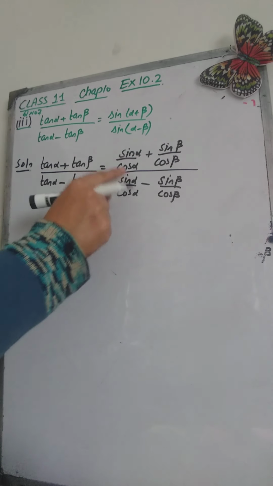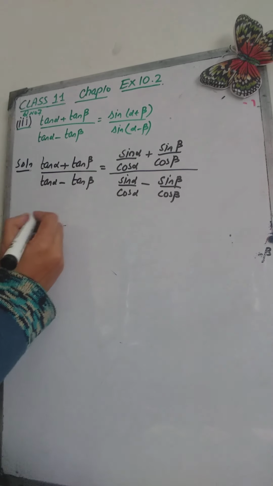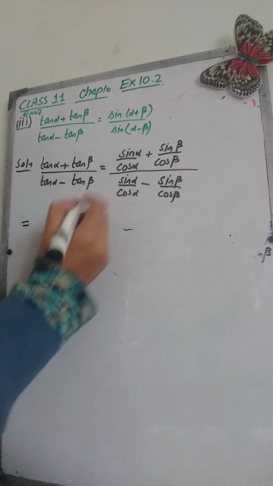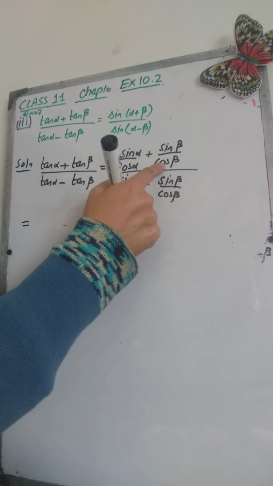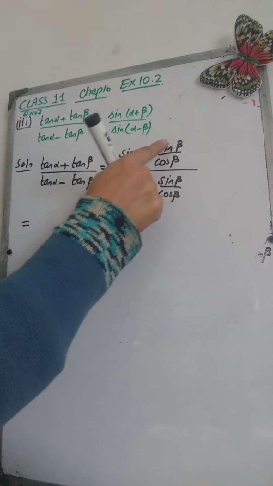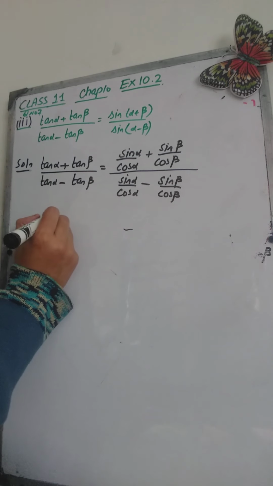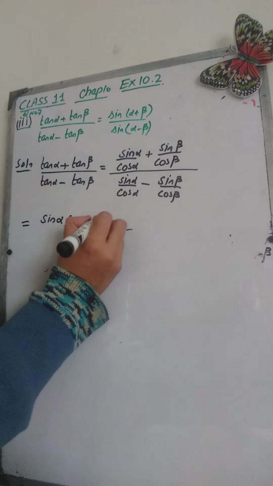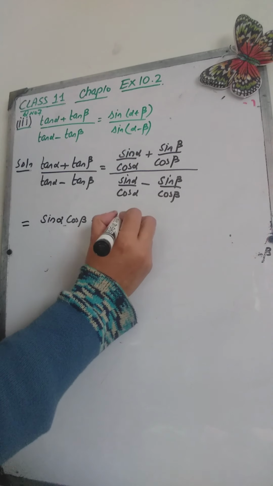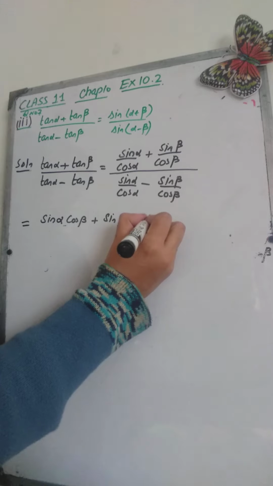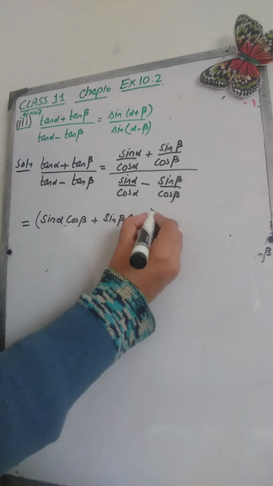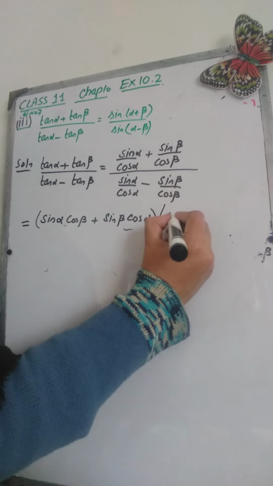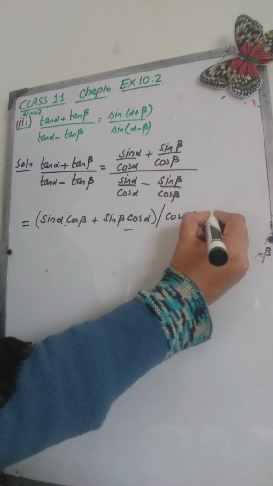Now I am going to take the LCM both in the numerator as well as in the denominator, and we will get the LCM will be cos alpha and cos beta. We will multiply cos beta over here and cos alpha over here. So what do we get here after taking LCM? Sine alpha into cos beta plus sine beta into cos alpha over the denominator cos alpha cos beta